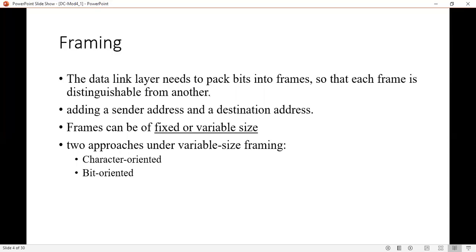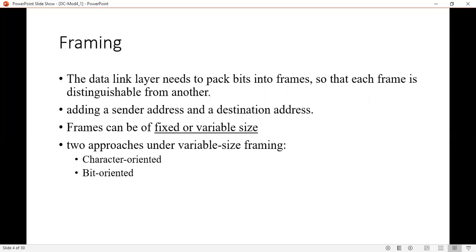But at data link layer, it needs to be packed into frames so that we can distinguish each frame from one another. An example for this, which we can relate to our daily life, is the inserting of a letter into an envelope to separate one piece of information from the other.